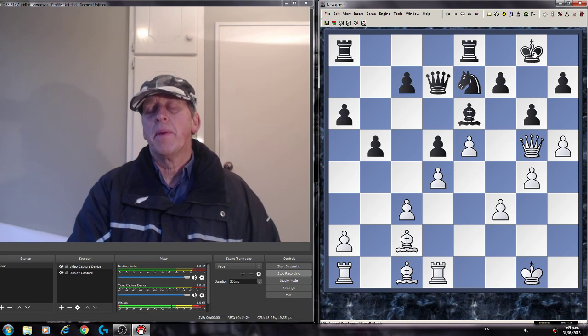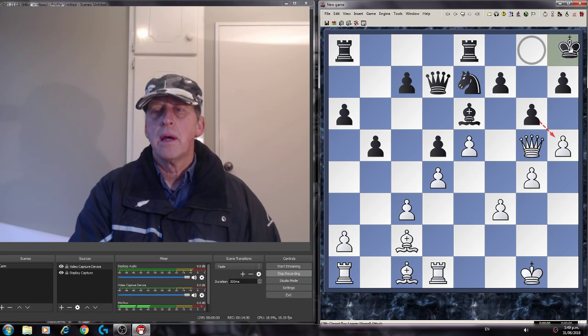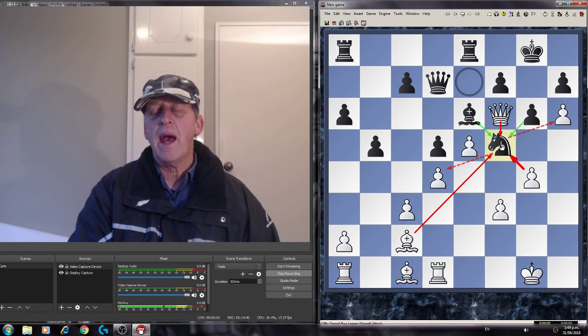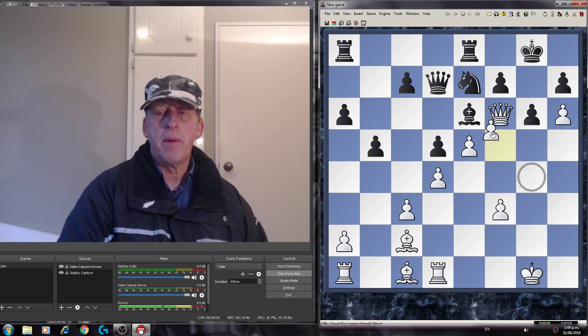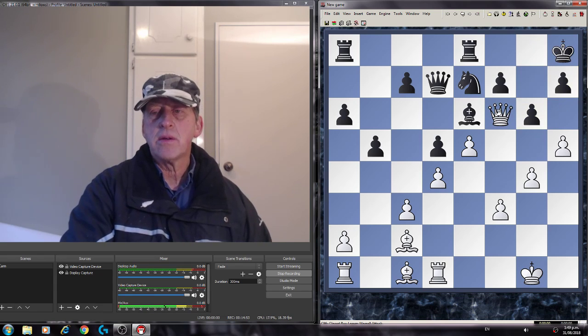So the best thing for black to do, but it doesn't look very good to me, is this. This is not the best thing, because I just go queen check, and now it's final. The only way out for black is knight f5, but that just gets taken by the pawn or the bishop, and then queen g7 is still checkmate. So in that situation,